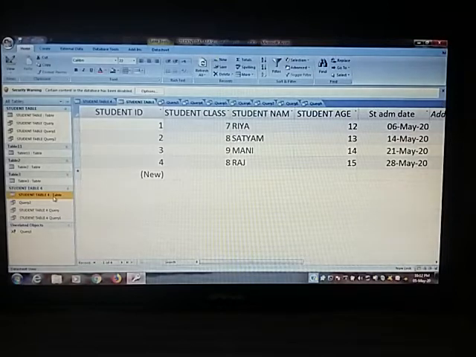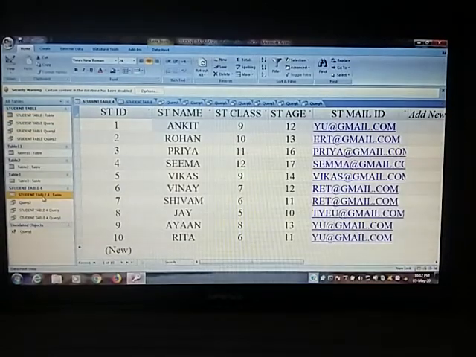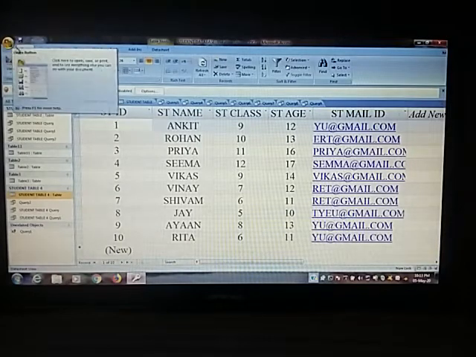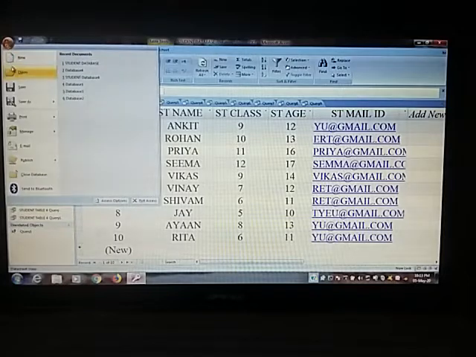So let's start. First we go to the student table 4. I have already made a table, the student table. All of you know how to create a table. First go to the create command, or choose the new command, and you can first create a database and after that create a table.